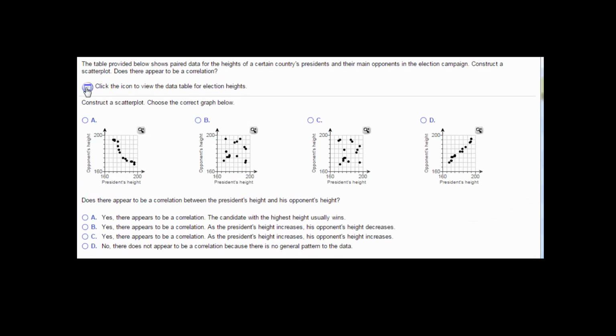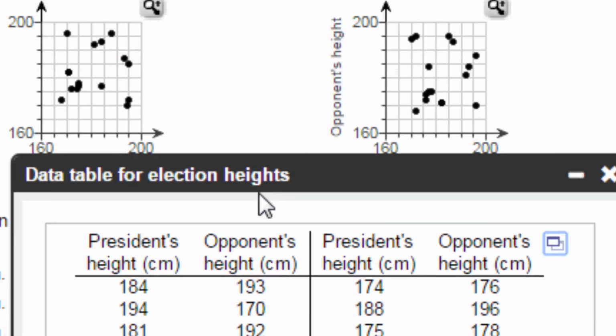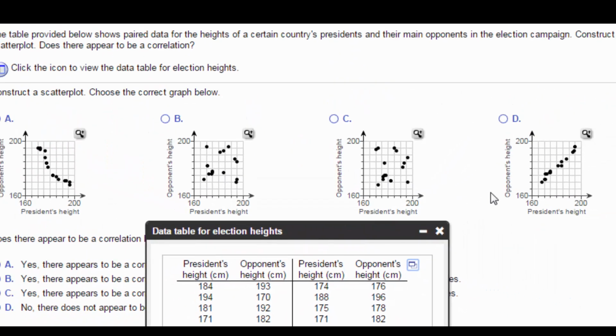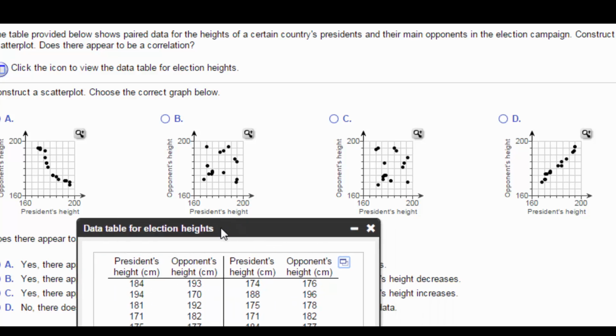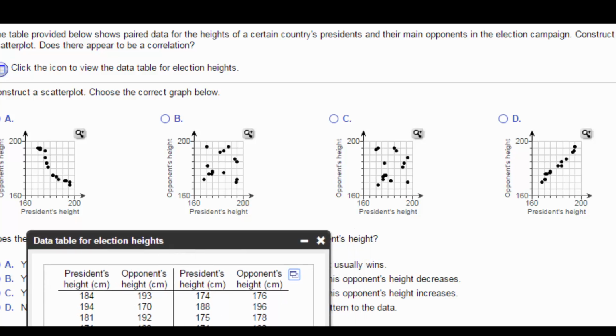On this question, we're looking to see if you can construct and interpret a scatter plot. So they give you some data here and they ask which one of these is the correct scatter plot. Now you could put all this data in your calculator and plot it, but that's too big of a deal for me. So what I basically do is I look, so notice the president's height is on the